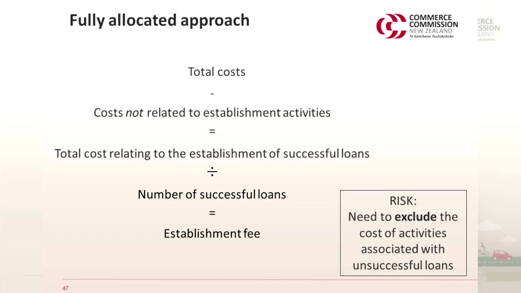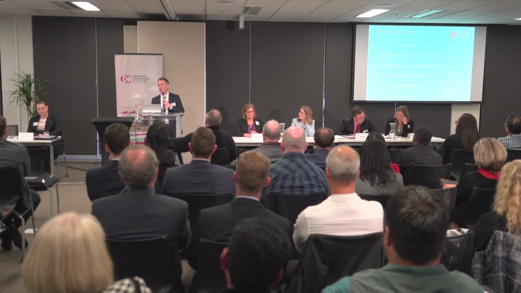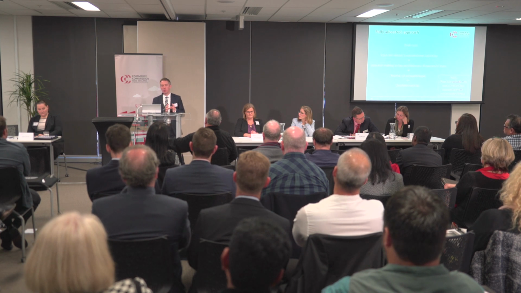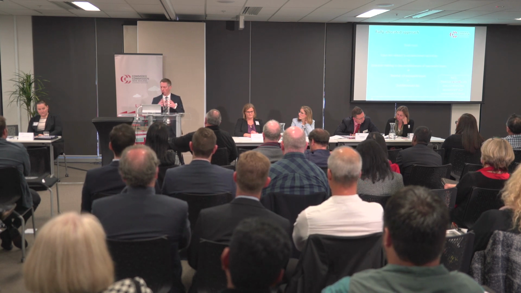So it may be that we're applying some sort of percentages or the like to, for example, fixed costs. So we're looking at rent. That would be where we'd say, well, if we factor in the size of the building, how much of that is attributable to establishment activities, there may be a percentage. So we're talking about the cost line is okay, but not at 100%. Scale it back down again.